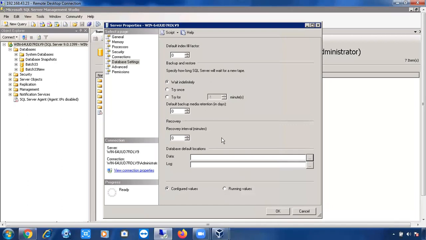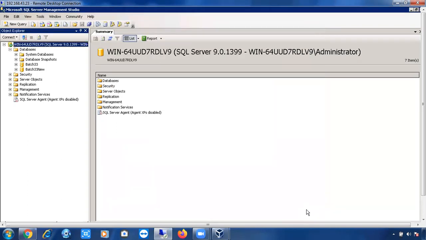If you give the location and click OK, whenever you create a database, the data files will automatically go to that location and the log files to the other location you gave in the default settings. This can be done after the installation. That is called post installation steps.